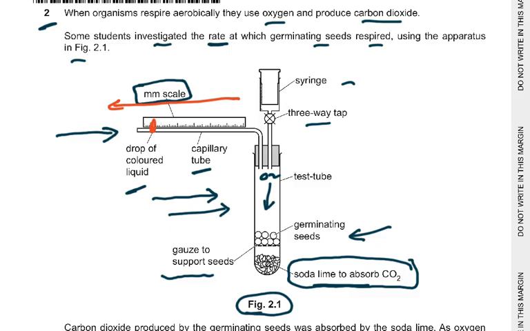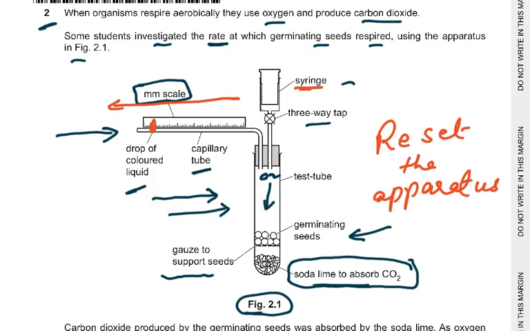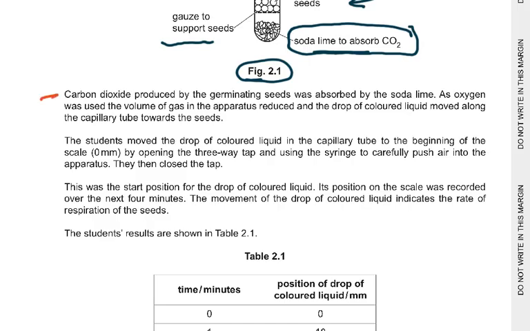So in order to do that, you use the syringe, and we say reset the apparatus. Please remember to write this, and they usually ask you this question again and again. To reset the apparatus, or you can say move the colored liquid back to the far left, or you say reset the apparatus. Then as we read on, carbon dioxide produced by the germinating seed was absorbed by the soda